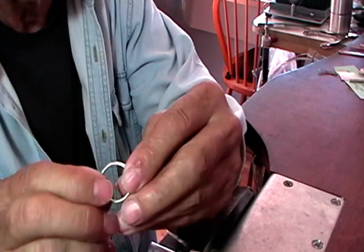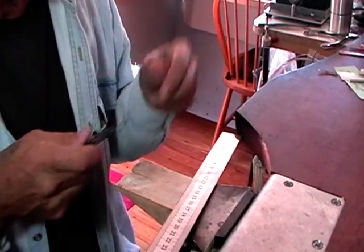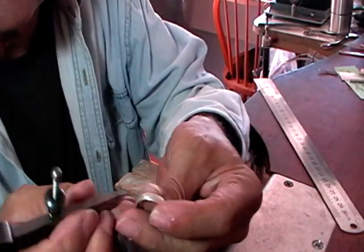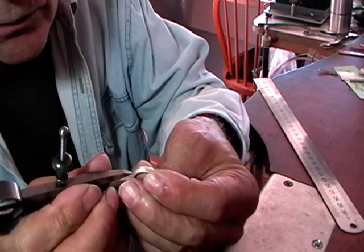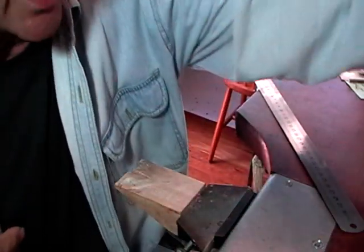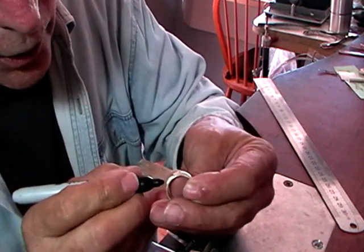And once you get that done, we're going to take a pair of dividers, set it at 6 millimeter, and we're going to mark the ring just on the top, every 6 millimeters, fairly fine scratch. Then take a texture, put a little spot right on the top on each one of those marks,